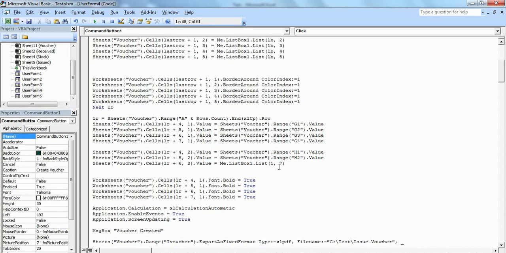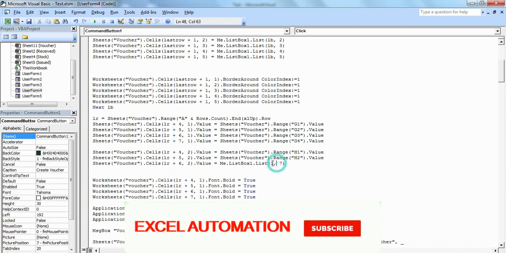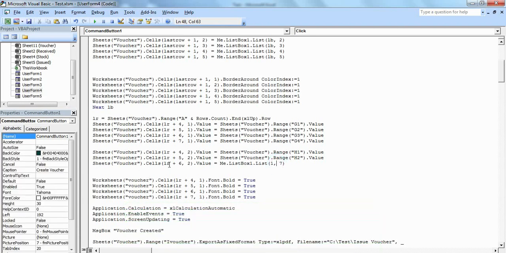First row is in the Excel sheet, but in the list box when we say first row, it should be second row, and the column is 7. So this data will come from our list box and will be displayed in our last row plus 6 column, because after 4 column it will be the storekeeper name, after 5 column the supervisor name, and after 6 column the person who received the material.